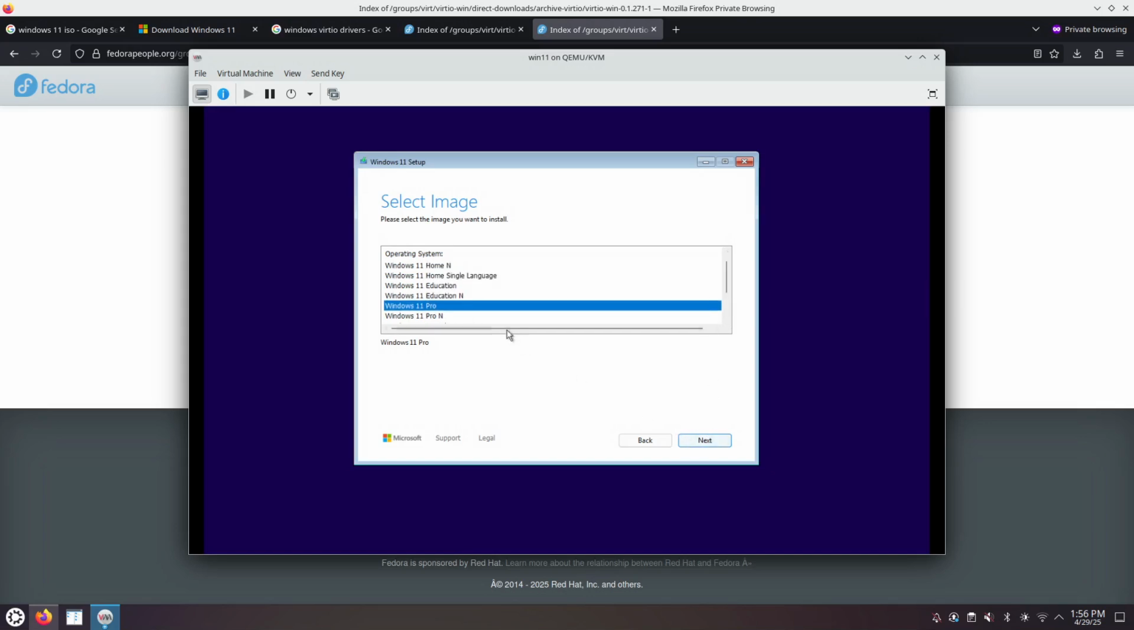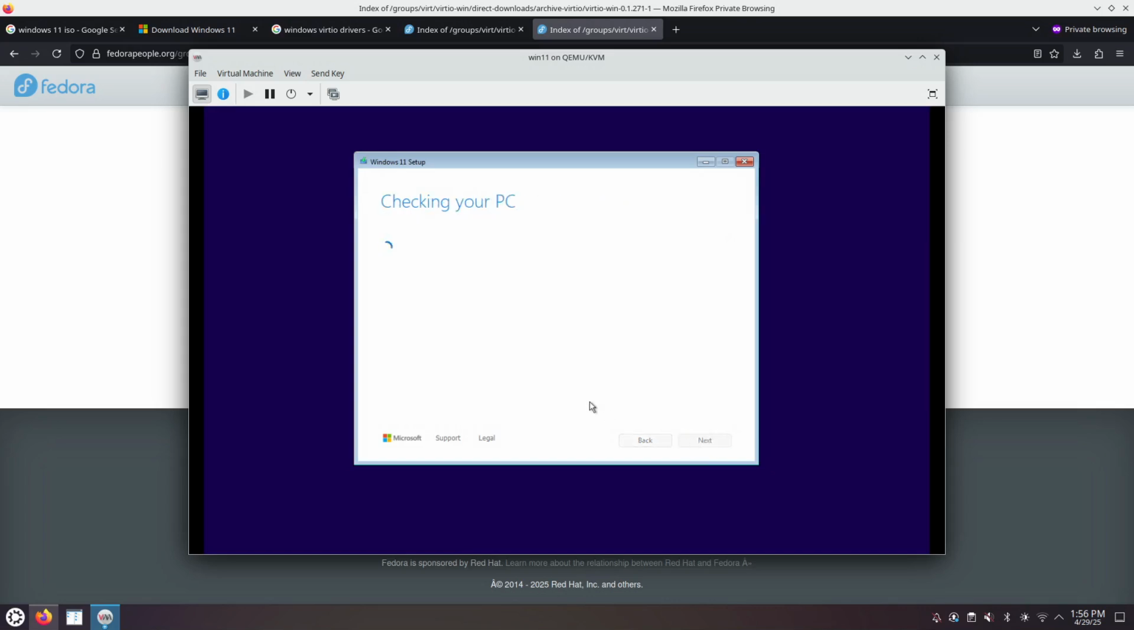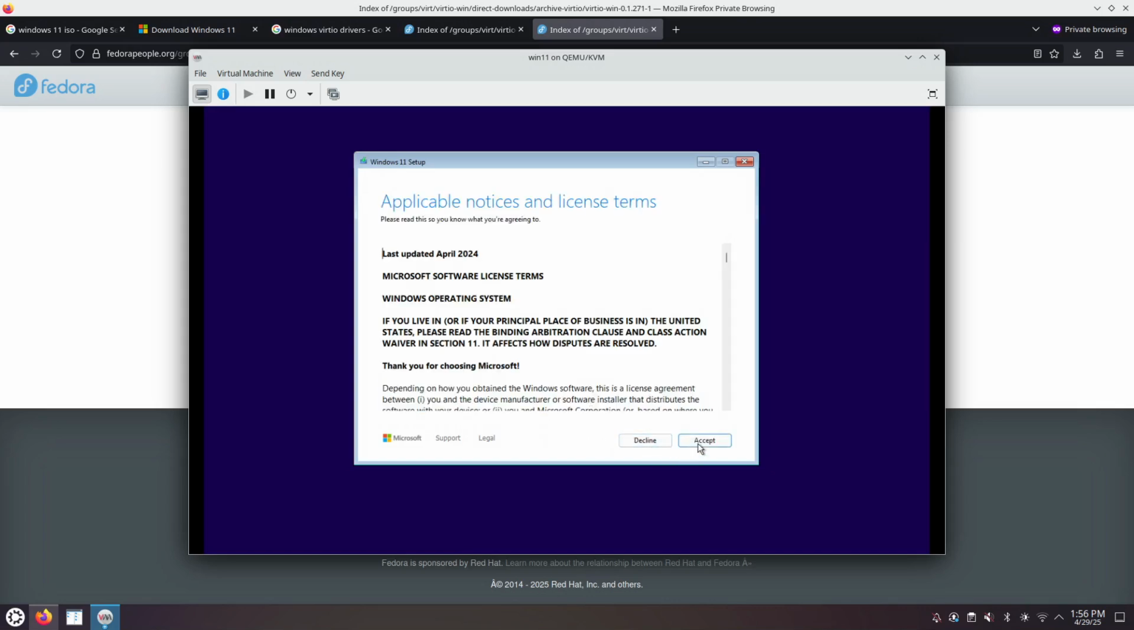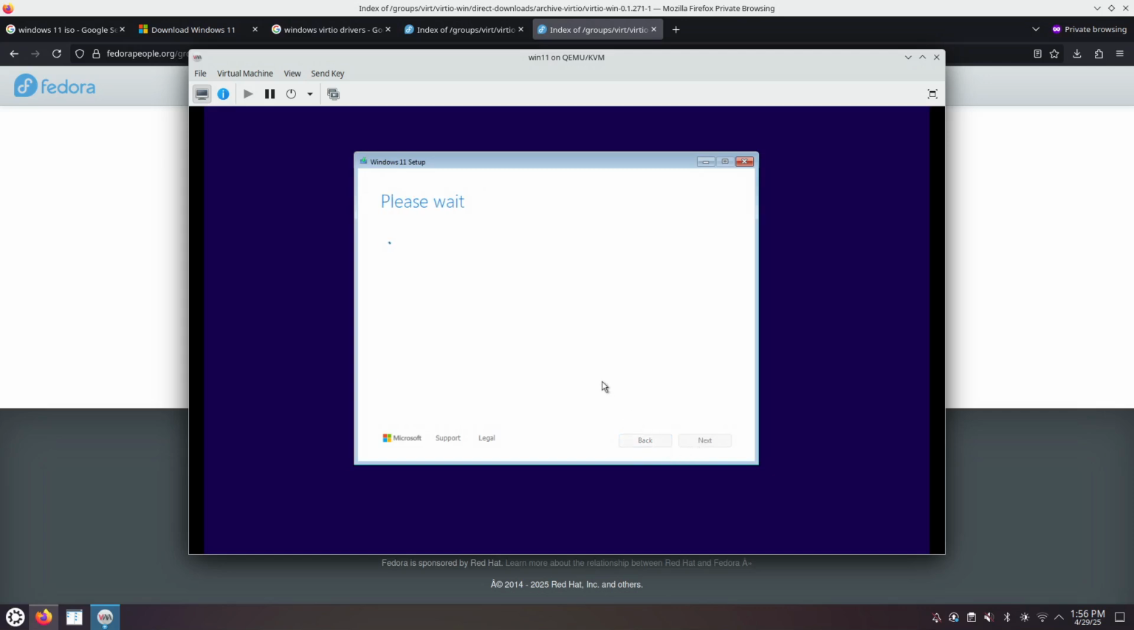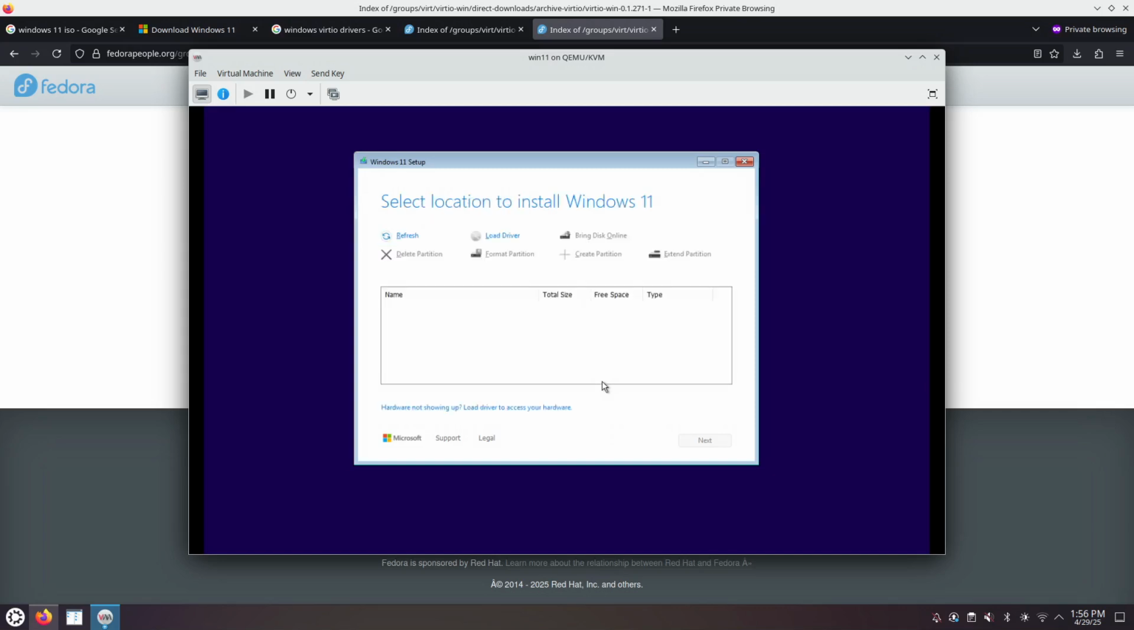Okay, next. The N versions are for the European Union. I also don't select these. EULA. Okay, at this point, the installer tries to find the hard disks that are attached to the virtual machine. Can't find anything. And it's the moment where we want to install, inside the running Windows installer,